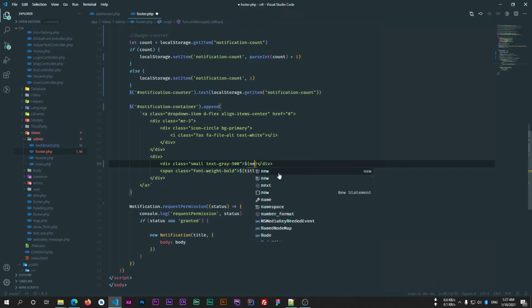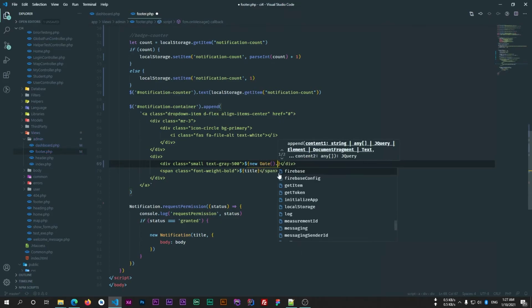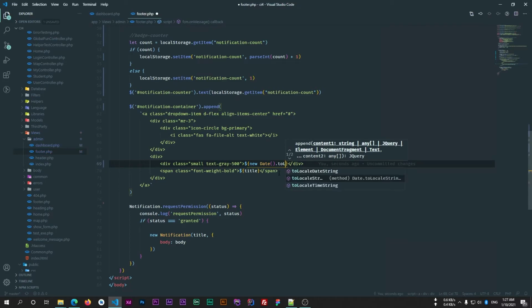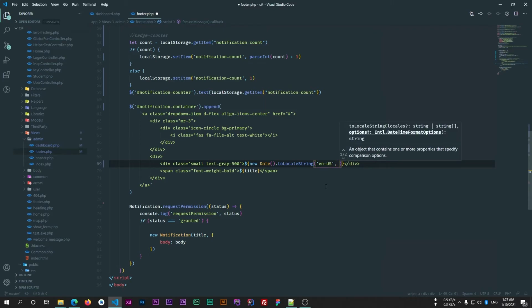So I'll use the Date class of JavaScript, and here is a function toLocaleString. So I'll use this toLocaleString function. It requires two parameters. First one is the locale and second one is options. So in the locale I'll pass en-US, and the next parameter is options.